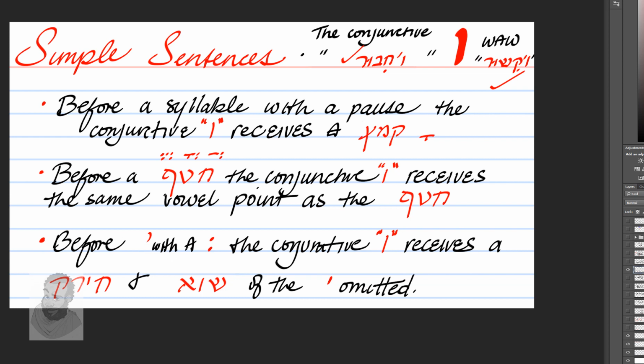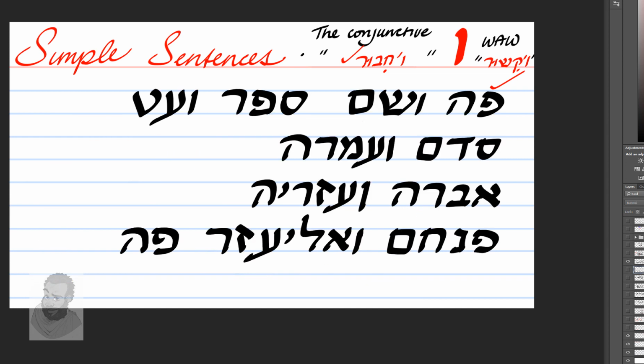Before the yod with a shoah, the conjunctive wow receives a hirik or hirek and shoah of the yod omitted. We'll get into this. I will make this clear. And I did not write the vowel for this. So I'll take a pause and I'll write it down. So I added the vowels. So here we have po, wesham, po, wesham, sefer, we'et, Sezom